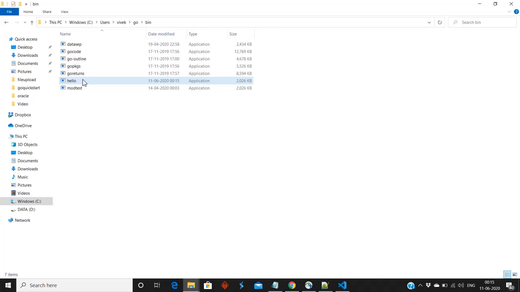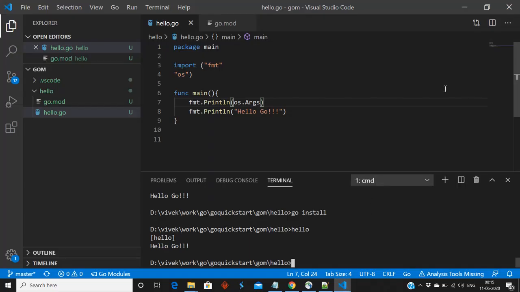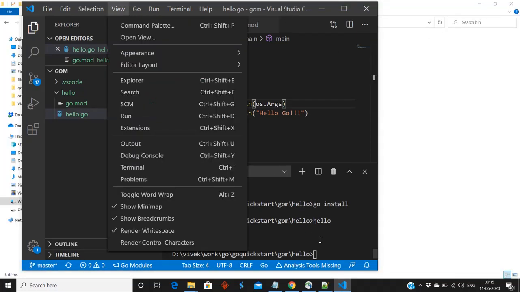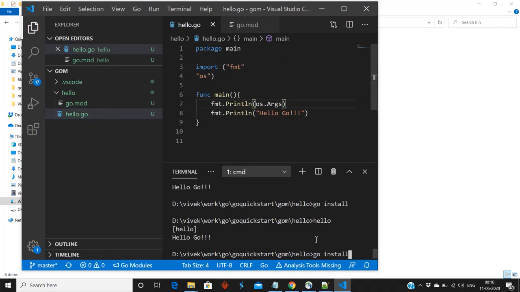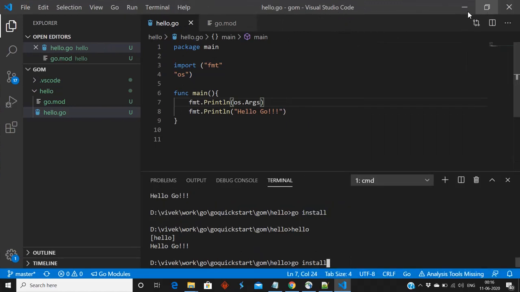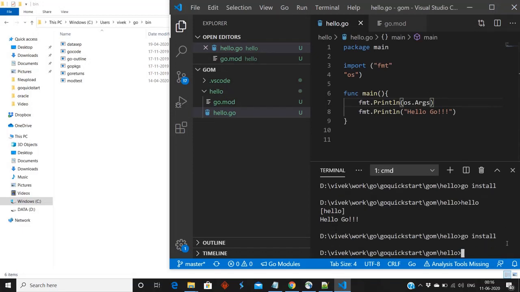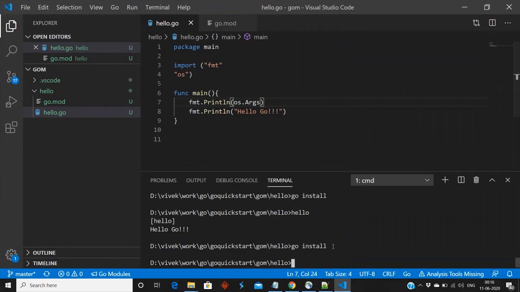Let me delete this file and run again. If you see, I am running go install, it is creating a hello file, and when I am running hello, it is picking from that path only.